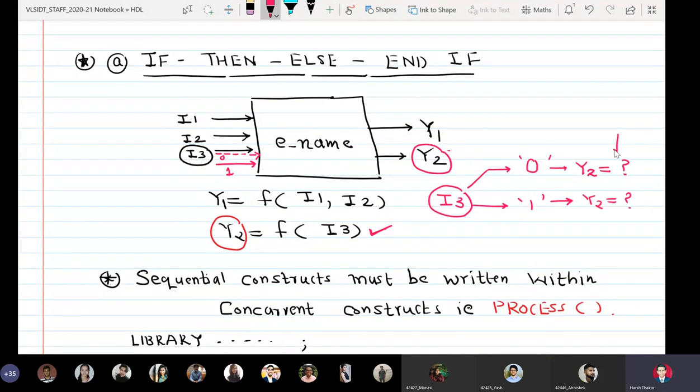We can call these things actions: action 1 and action 2. So you understood? Output y2 is a function only of the input signal I3. I3 can be 0 and 1. If I3 receives a logic 0 from the real world, then what should be the value of y2, called action 1? And if I3 receives a logic 1 from the real world, what should be the value of y2, called action 2? Now we will see how to express this here.